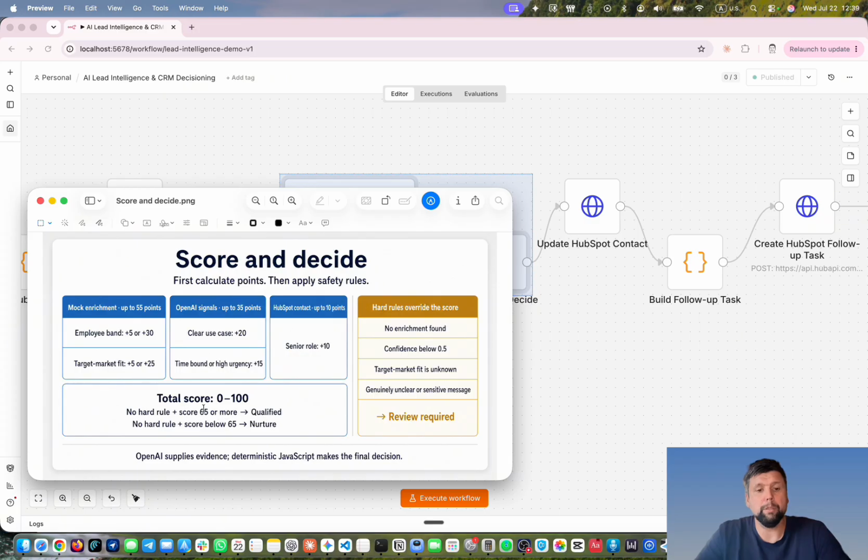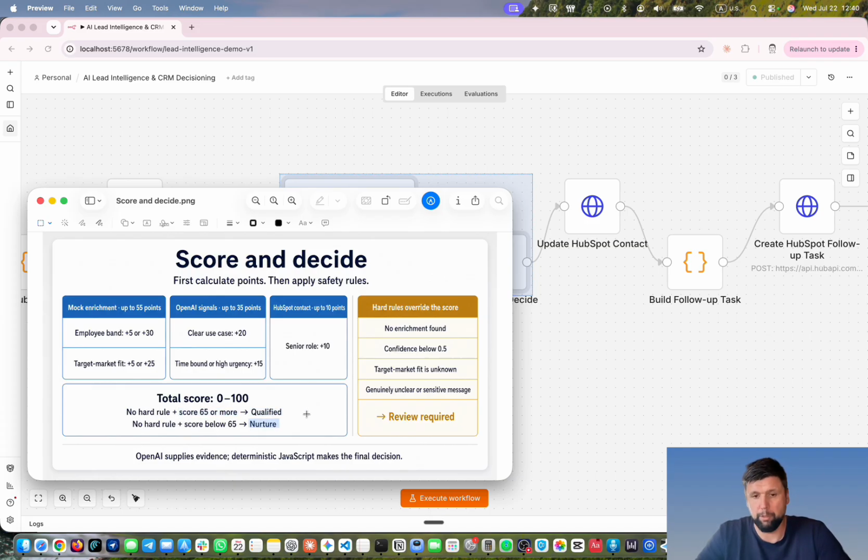It's kind of a scoring logic where we try to assess each field based on different parameters with a maximum score of 100. And from this score, it depends whether this lead will be qualified in HubSpot or